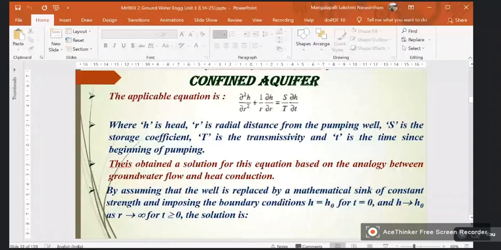Here h is the head, r is the radial distance from the pumping well. So we are considering any well which is located at a radial distance of r, or any point. It need not be a well, it may be a point also. So at that point there will be some water head. So that head is indicated by small h, and the radial distance from the axis of the pumping well to the point under consideration is